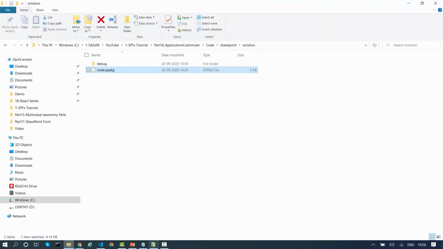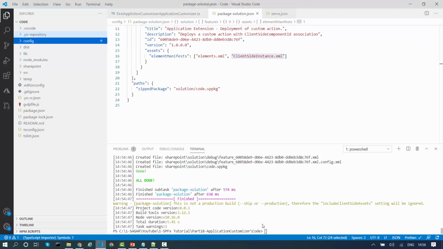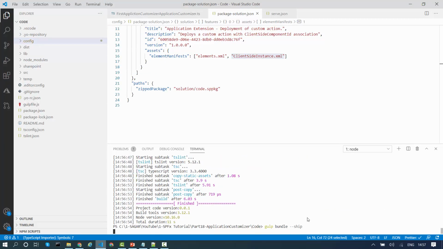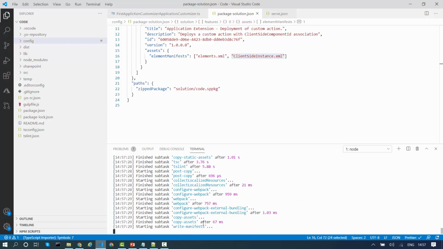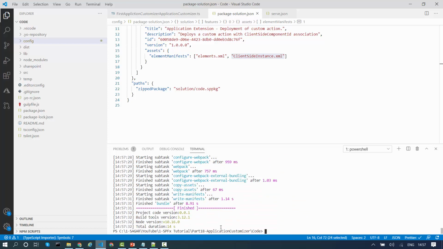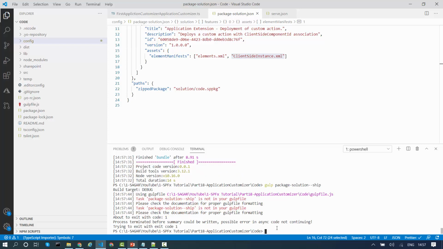So I will go back, and now I will run this. I have covered the first scenario without ship. Now I will use my ship command, hyphen ship. So this is also done, and last is gulp package-solution hyphen ship. Gulp build is the same. I think I am getting an error because I've used a single slash.